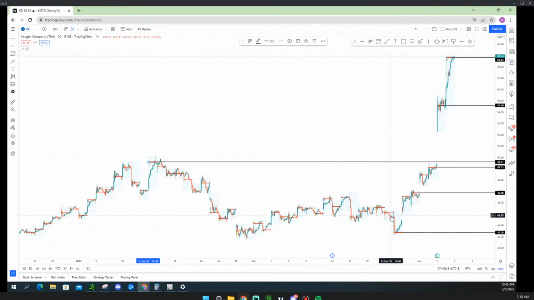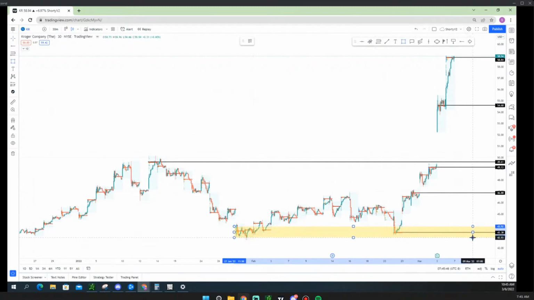Most of these guys here, multiple POCs happened on the bottom. You guys see that, right? If you look at this zone here, a lot of price action happened at about $43 on Kroger. Then you see there was some accumulation at this level as well. There was a POC here. So you have at least 4 or 5 POCs lining up at the same level. So if I was to mark these up,